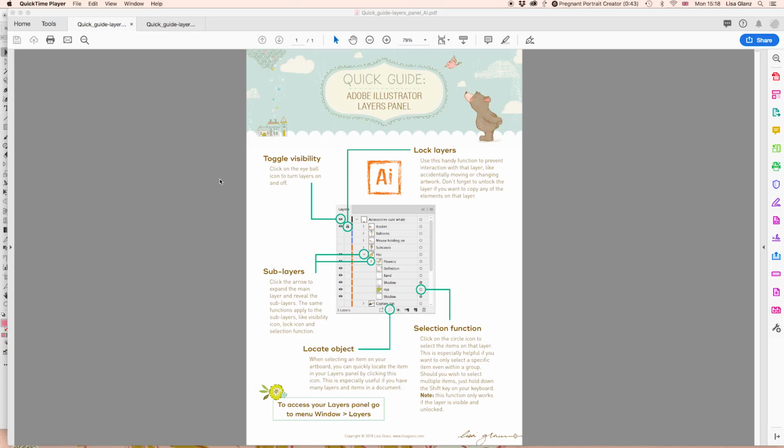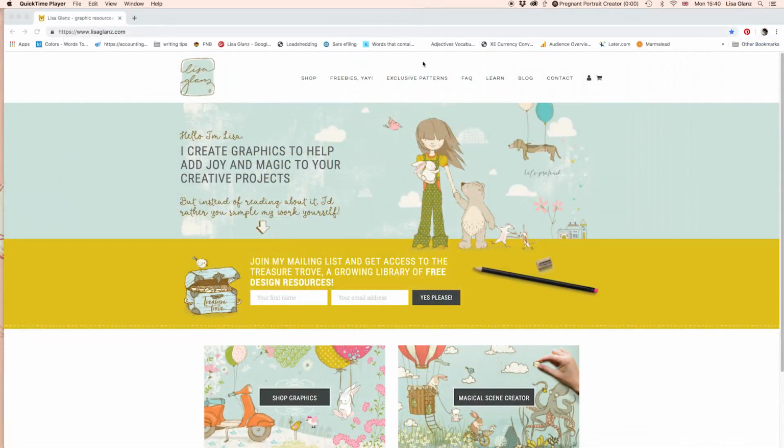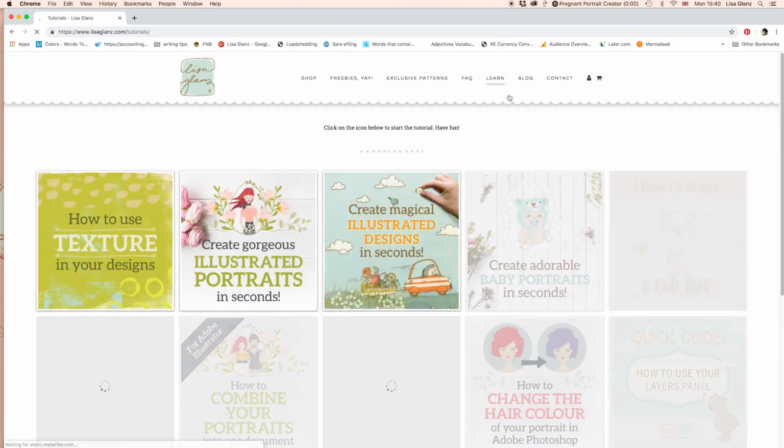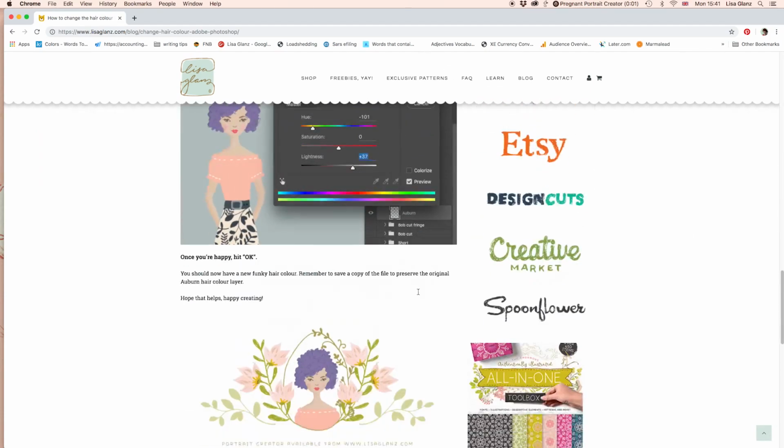If you're new to Adobe Illustrator or Photoshop and you're not completely familiar with the layers panel, I recommend that you have a look at the PDF files that are included in your download files. I basically take you through each of the important elements of the layers panel for both Photoshop and Illustrator. And then I also have other tutorials that will show you how to change the hair color in Photoshop that you can find on my website at